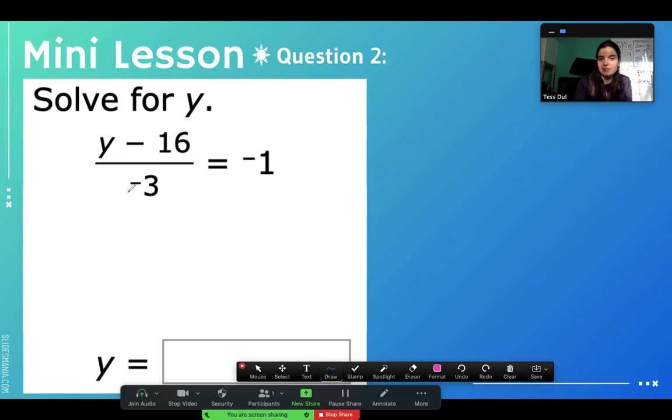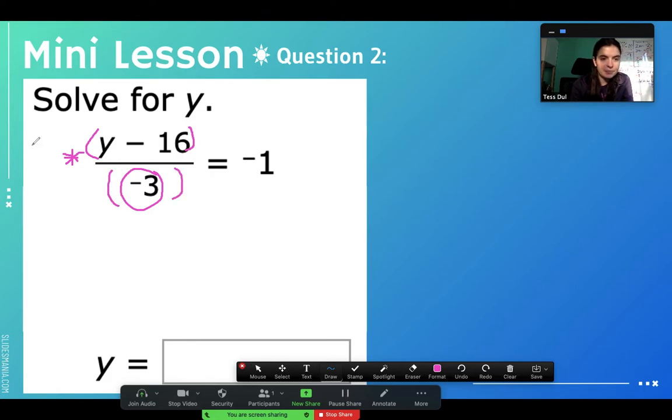Now, because this negative 3 is dividing the y and the negative 16, we can't just add 16 to both sides. This negative 3 is affecting this negative 16. So let's get rid of the dividing by negative 3 first. It looks like a fraction, it is a fraction, and we remember that fractions are always just telling us that it's division. So we're dividing this numerator by the denominator. So to get rid of the denominator, to get rid of this negative 3, we do the opposite of dividing, which is multiplying. So if we multiply everything on this side of the equation